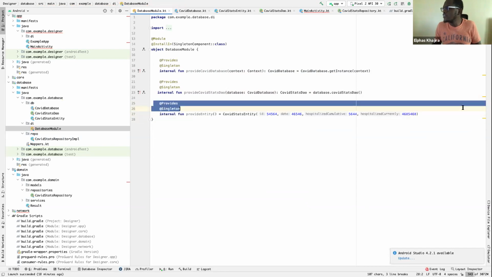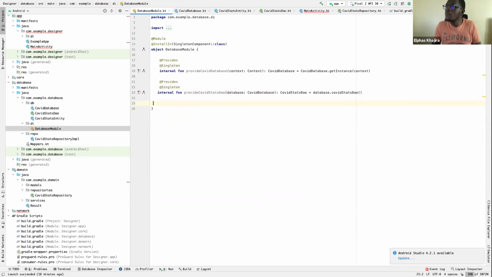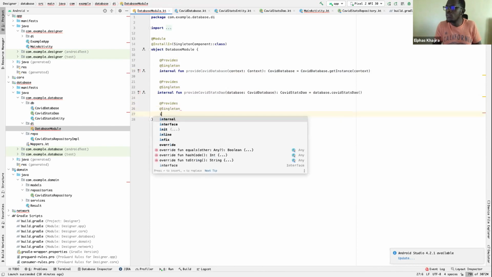We don't need this. This was for test. But now we need to provide our repository. I'm not going to create another module just for that, so I'll just do it in here. So we'll just do @Provides @Singleton, and then we do